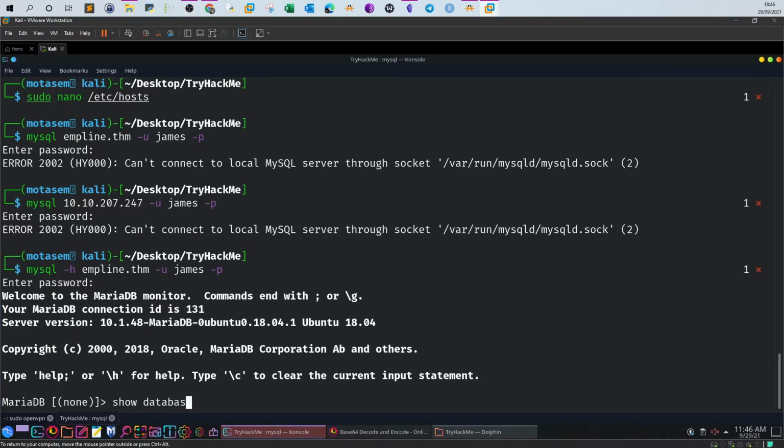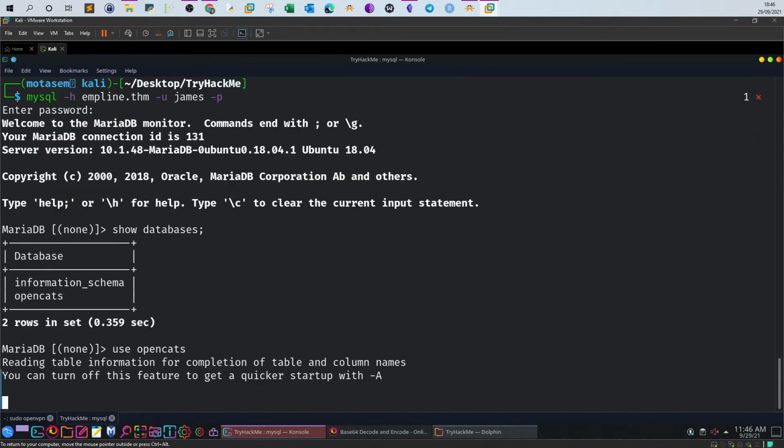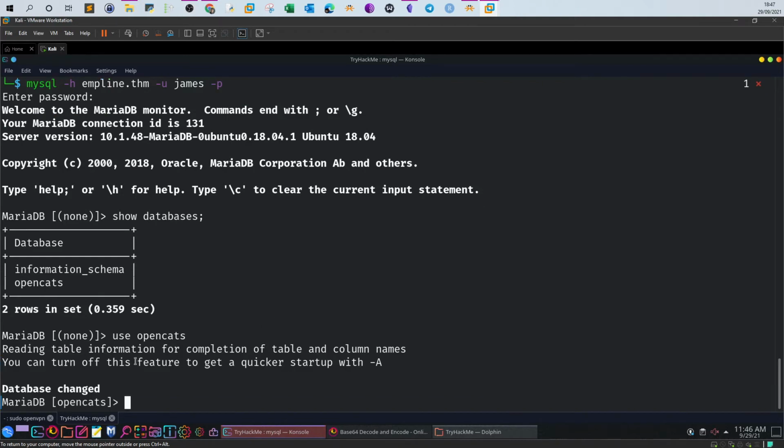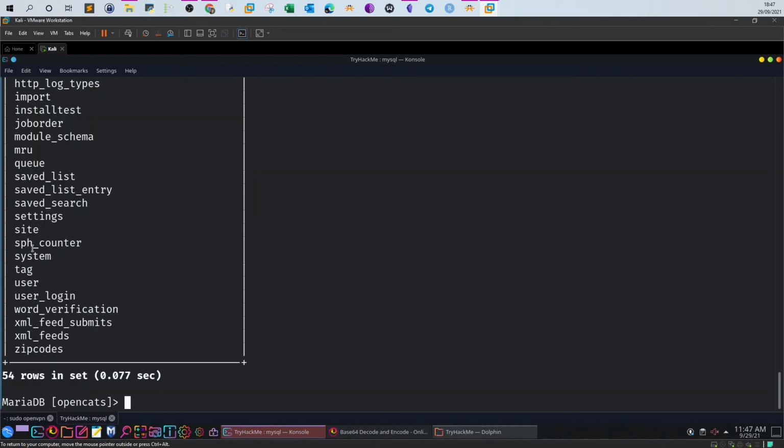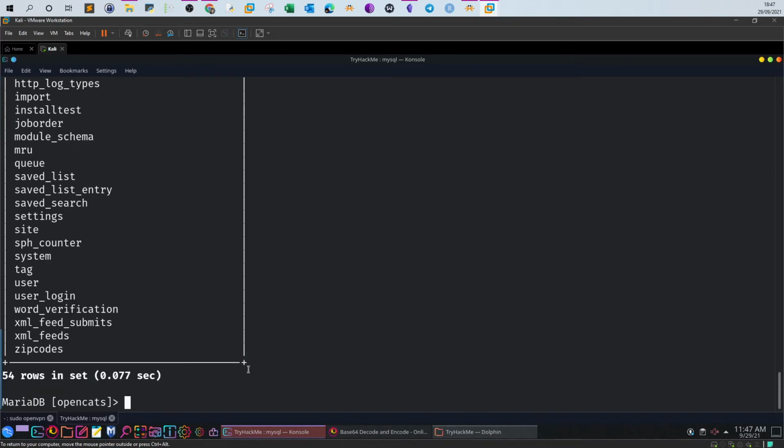Okay, now let's take a look at the databases. So we have information_schema and we have OpenCats. Probably we're interested in OpenCats. So let's use OpenCats. Show tables. Let's take a look at the tables here. We have user. The user table is interesting. Describe